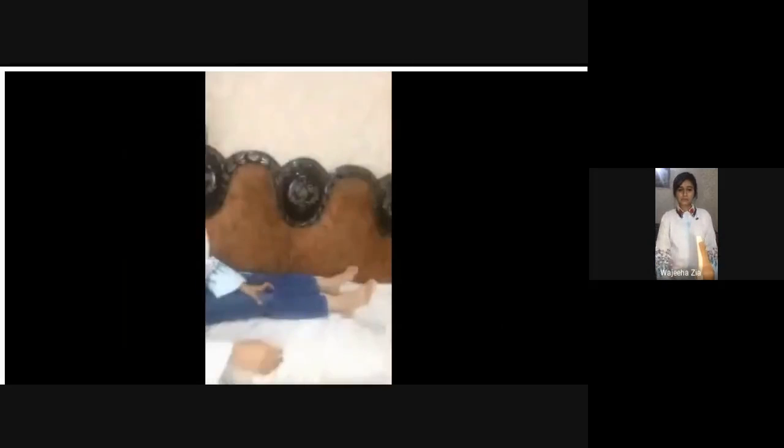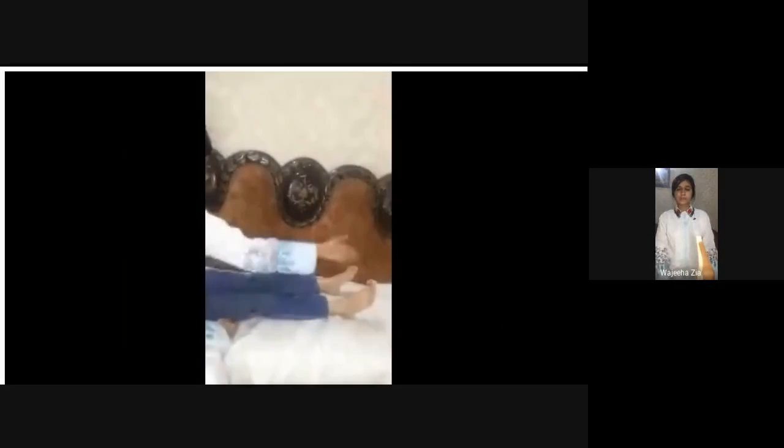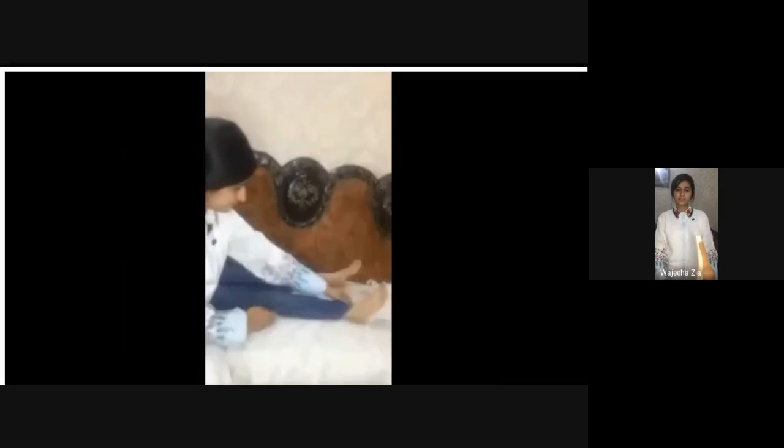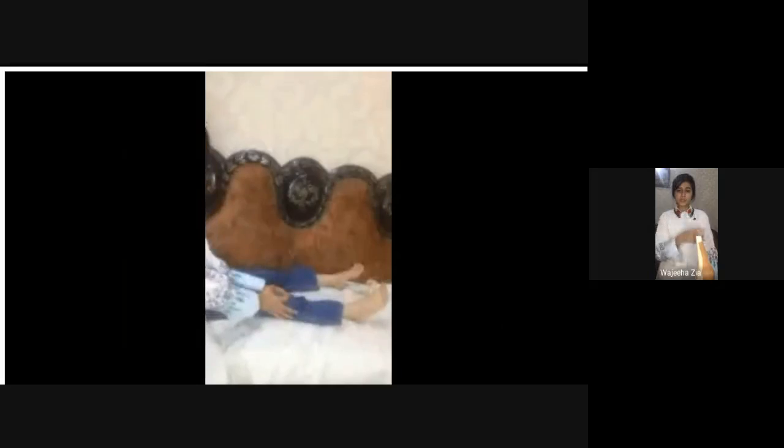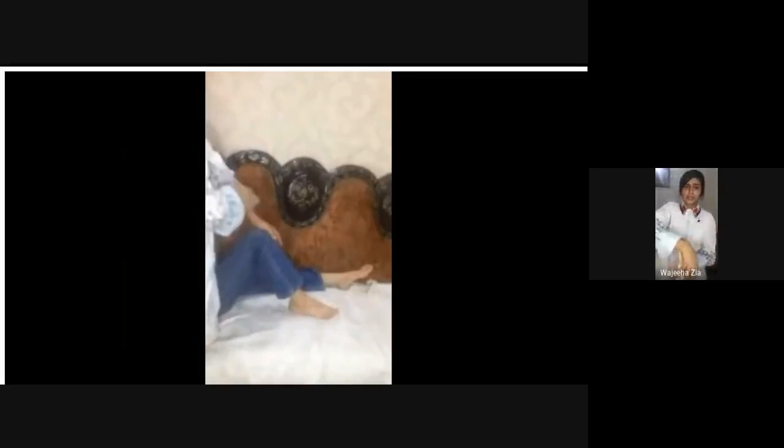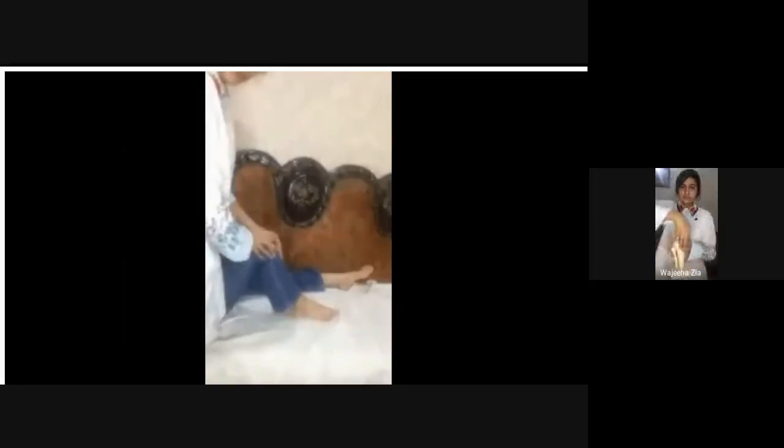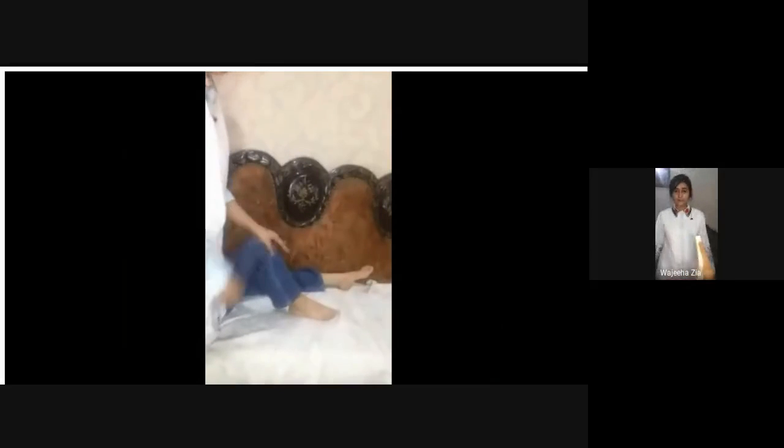Now for the inferior glide, sit on the opposite side to keep the direction of force in the right direction. Now the direction of glide will be towards the foot. You can see, hold the patella, use both hands and apply the inferior glide. Now in the modified or the end range flexion, in standing, hold the patella and apply the distal glide. Simply, you can see the distal glide at the patella.